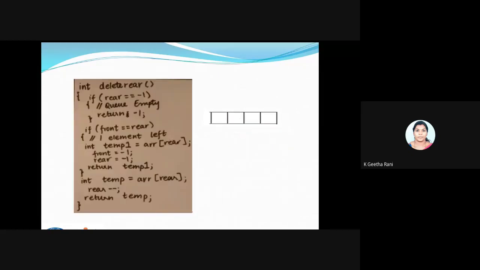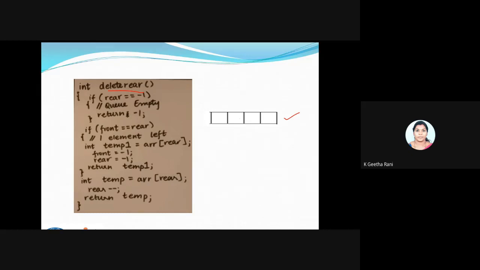Next comes the delete rear. It is very different for us because we won't be deleting at the rear end normally, but we are going to do it now. Again I have to check whether my queue is empty, and whether I have a single value inside my queue. This was the property to check for the deletion, because there should not be any underflow error conditions. If you're going to have one element in the queue, how do you delete that one element? These checks are important for our deletion process.